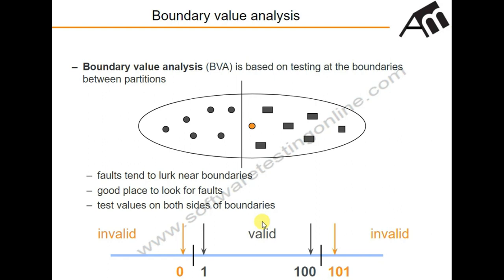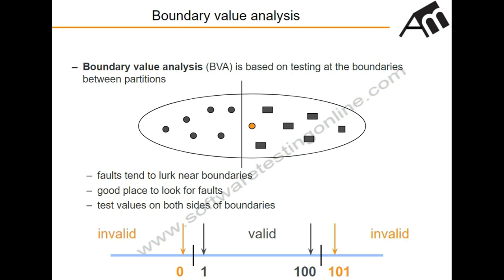Boundary value analysis is based on testing at the boundaries between partitions. If an input condition specifies a range of values, write test cases for the ends of the range, and invalid input test cases for situations just beyond the ends. For instance, if the valid domain of an input value is -1.0 to 1.0, write test cases for the situations -1.0, 1.0,